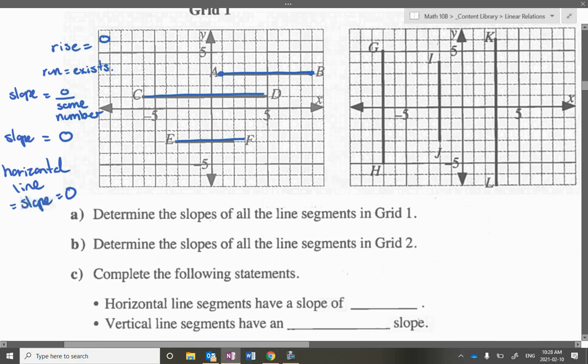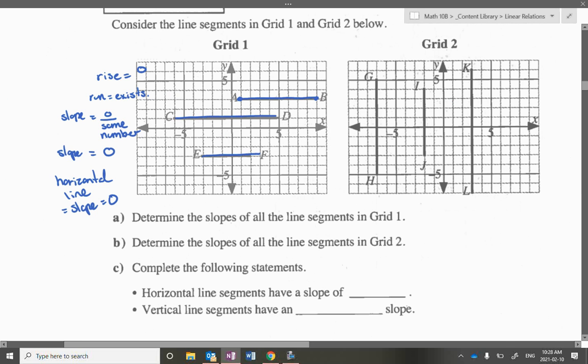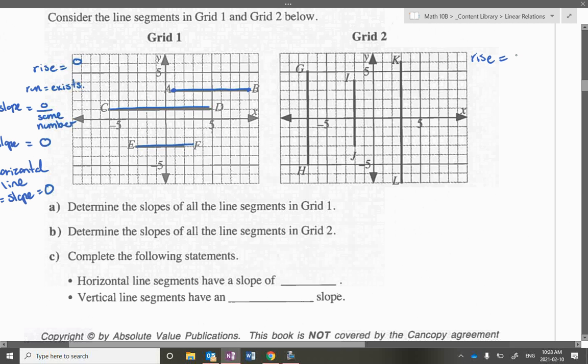Okay, let's take that logic over to a vertical line. Is there a change in my rise? Yes. Is there a change in my run? No. So in a vertical line, my rise is going to be a number. It exists. It's something. It's changing. But my run is 0. It's not changing. Can I divide by 0? Please tell me you guys know this. No, so we say this has a slope that's undefined. So a vertical line